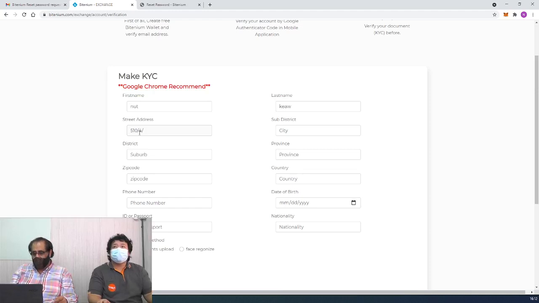We will be using it as information to check your status, that you are the correct person, according to AML requirements around the world, so that you have no problems and can get it done easily. This is a very important part. KYC is a very important part, so make sure you understand that. You need to do this first. Only then can we start the full function of trading and deposit in our exchange.